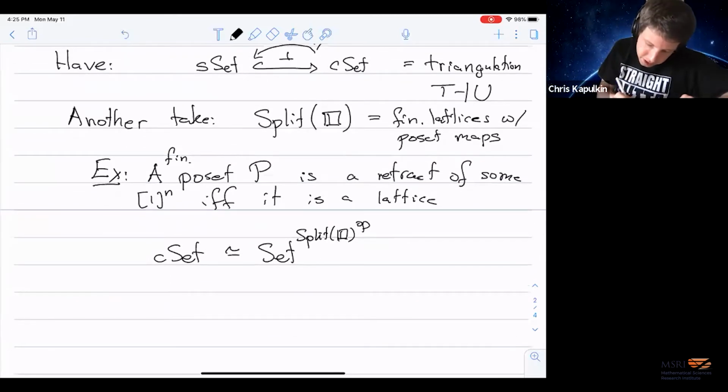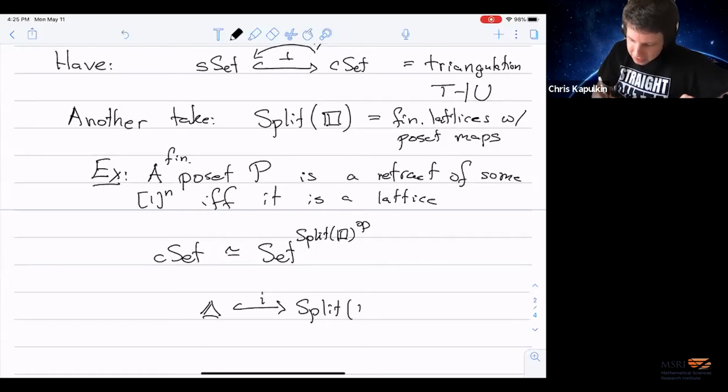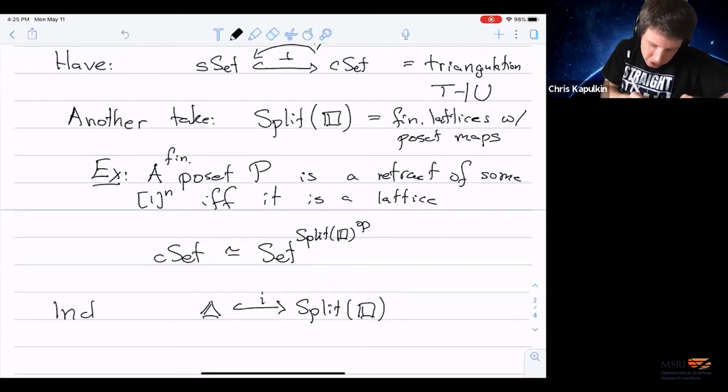But I can combine it with another fact, namely, believe it or not, linear orders are in particular finite lattices. So the inclusion like that induces,